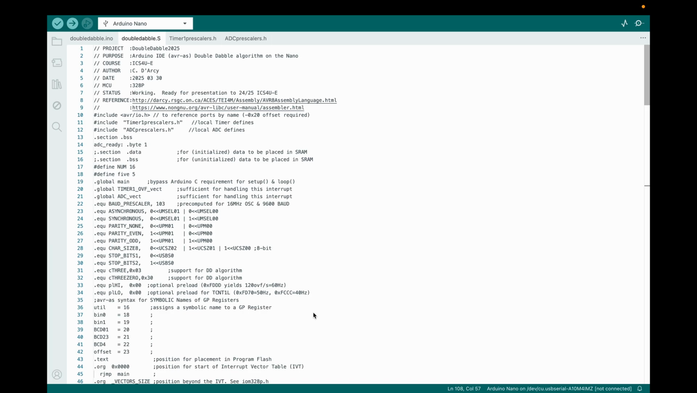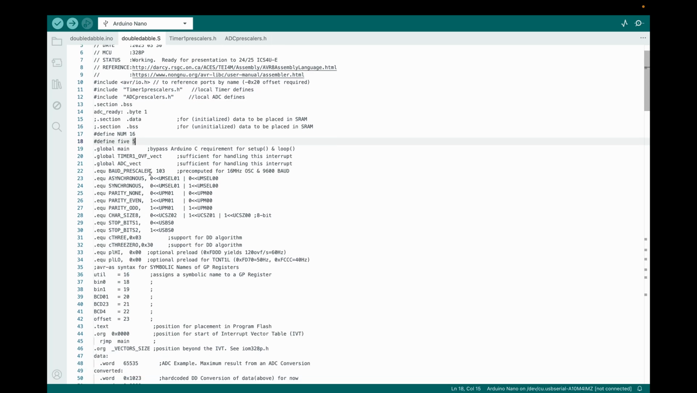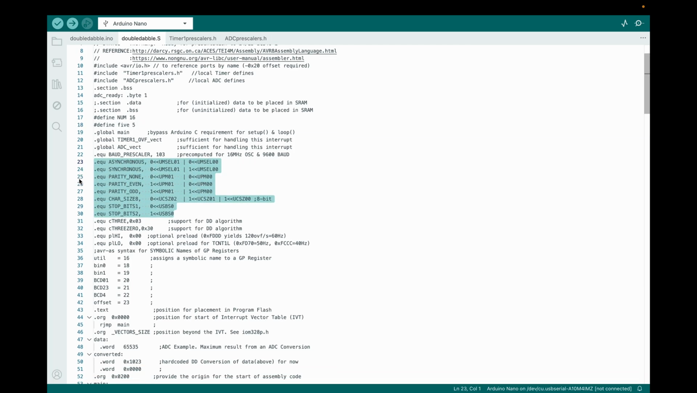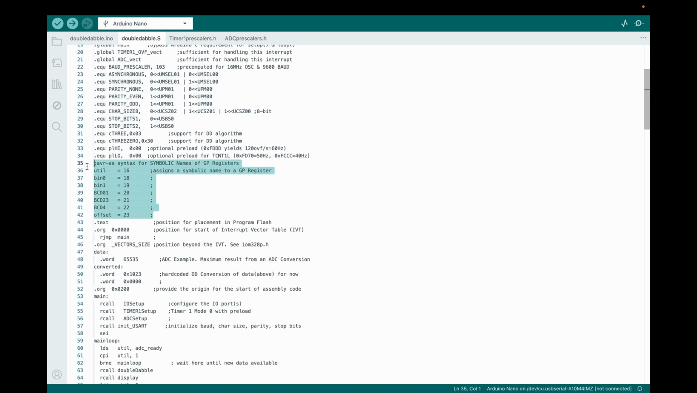So here we have the assembly code for our Double Dabble circuit. You can see here that we're inputting these prescalers for the timer 1 and the ADC. Then we define our variables that will be used for the Double Dabble. Then we define the values for the bits that are required for the serial printing. And finally, we define the registers for the different digits, bin 0, bin 1, as well as the digits for